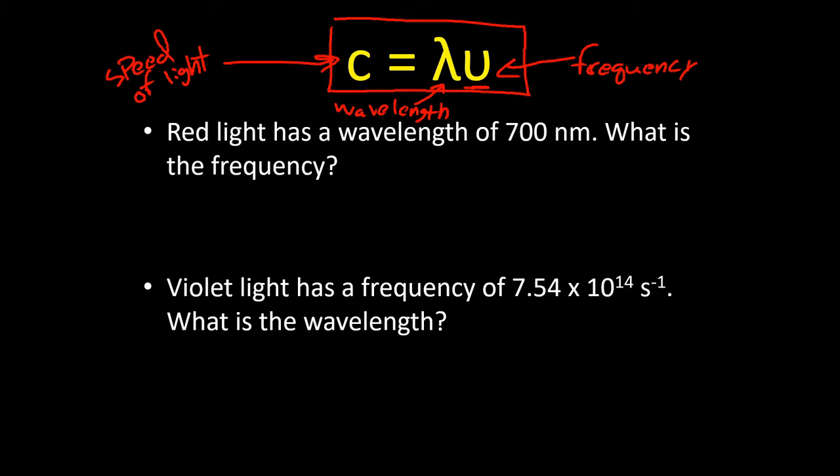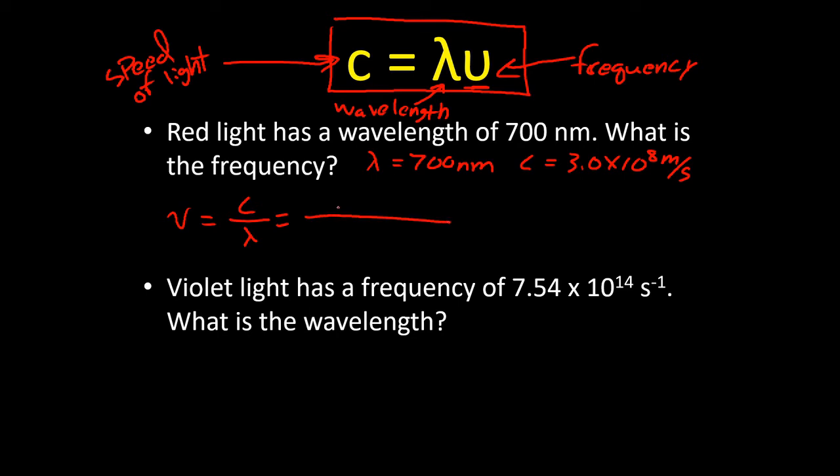Okay, so we're told that the wavelength is 700 nanometers. We know we can use this equation to find frequency. We also know that c is 3 times 10 to the 8 meters per second. So, if we do the algebra first, if we're trying to find nu, we can divide both sides by lambda, which will give us frequency is equal to the speed of light divided by the wavelength. And if we just plug in what we're given,